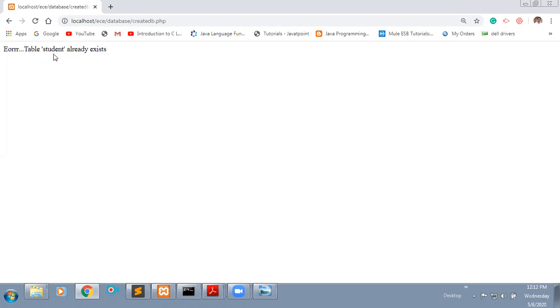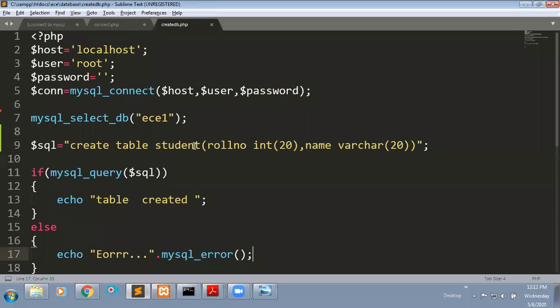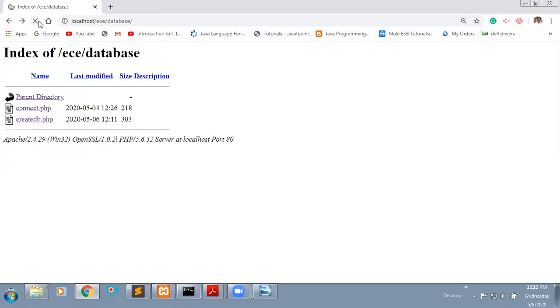That's why it is giving the error message. Suppose I change the table name, instead of student I give student1. If I execute this program once again, what happens? Now you can observe the table is created.